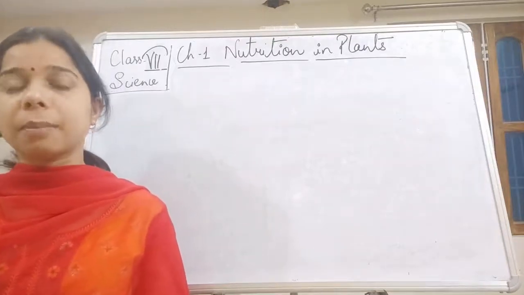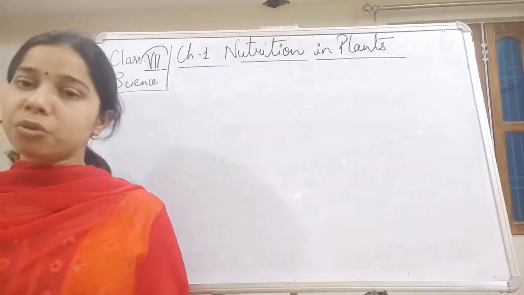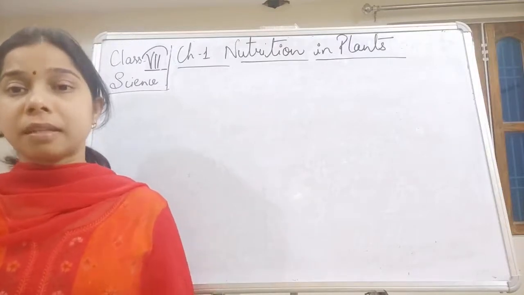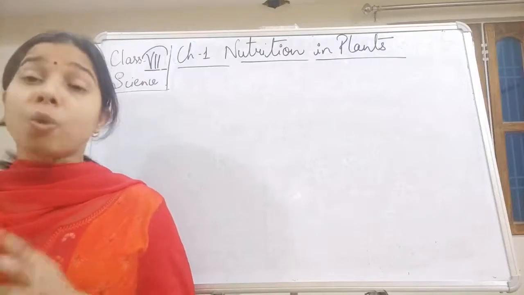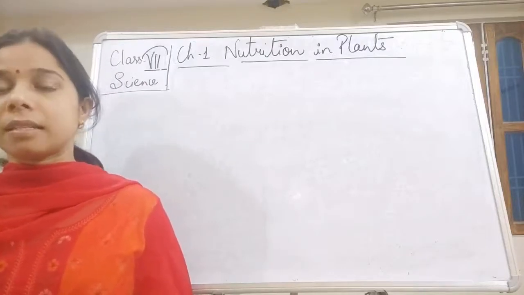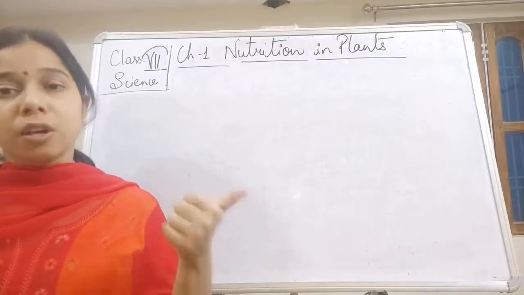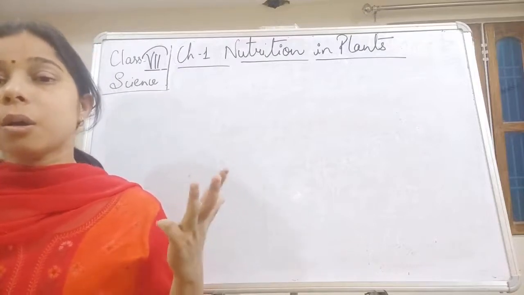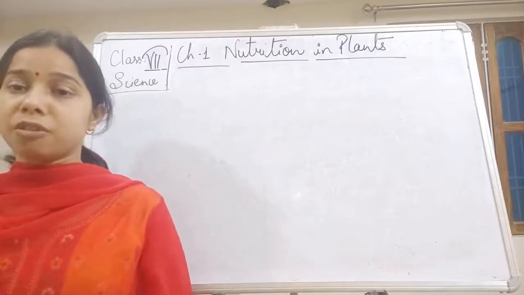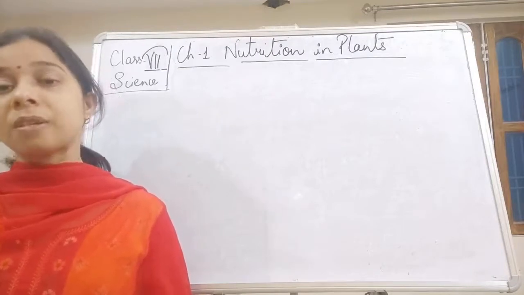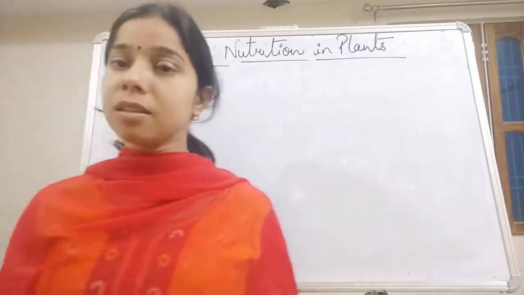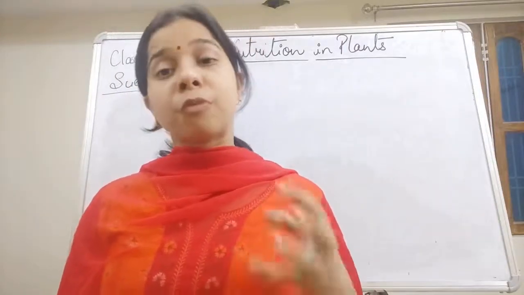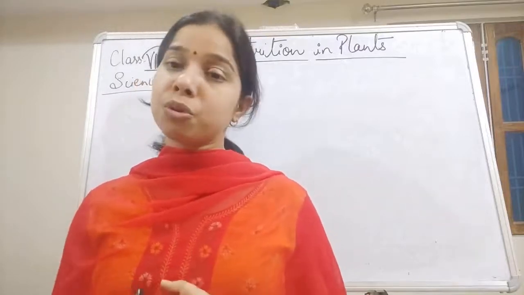higher classes, we will come to know that the conditions which are necessary for photosynthesis are the presence of chlorophyll, presence of sunlight, carbon dioxide and water. So these are the four conditions which are really very important for the process of photosynthesis to occur in the plants. So we have understood up to here what photosynthesis is and how it takes place,